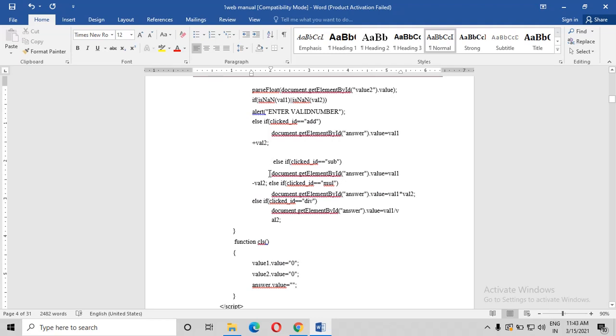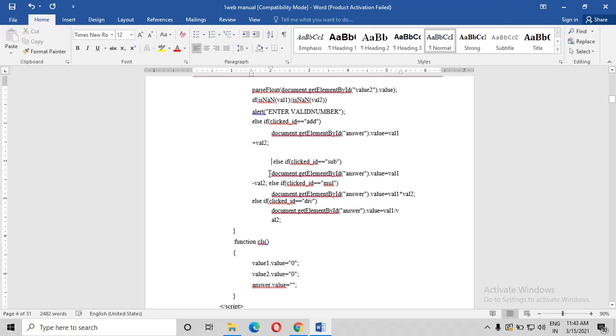In the table I am creating addition and subtraction. I have given value 1 as 10 and value 2 as 20, and if I click on answer for addition, it has to give me 30. For subtraction, 10 and 20, it has to give minus 10. The multiplication is 200. Like that it has to give you the result, right?